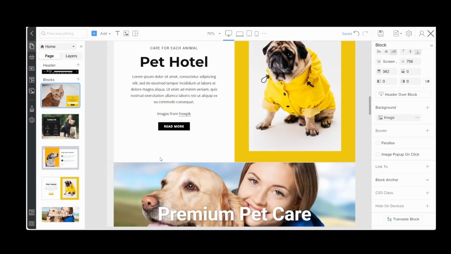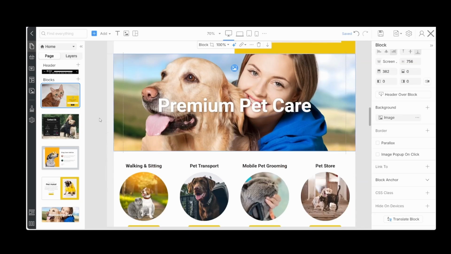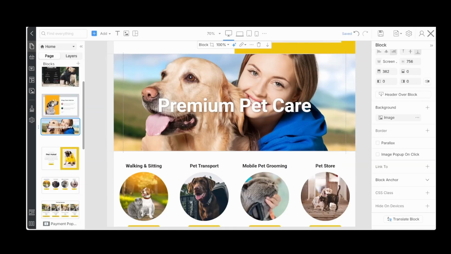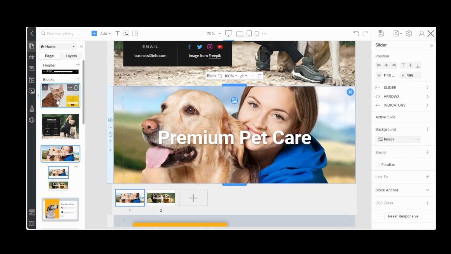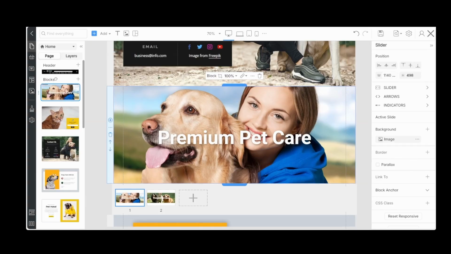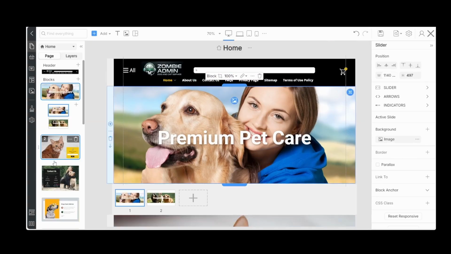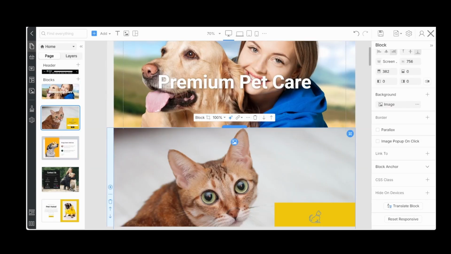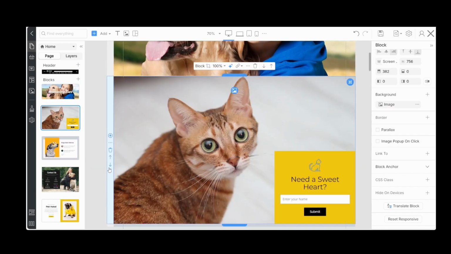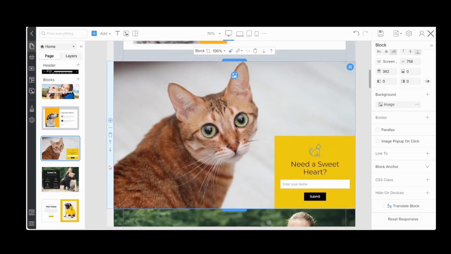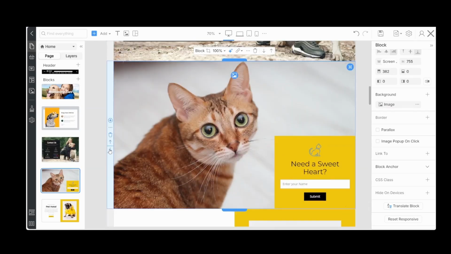Let's start redesigning. Let's put back up our main header, and you can do that right from here. Now let's start styling. We're going to move down cat. Let's move them all the way down for right now.